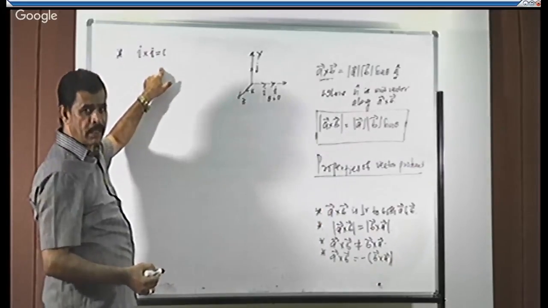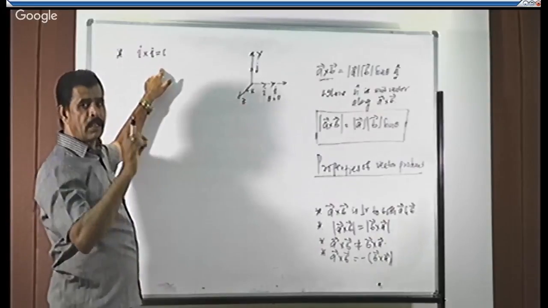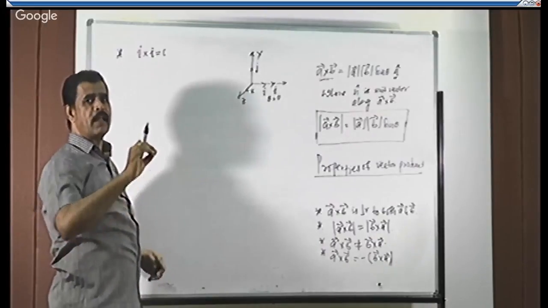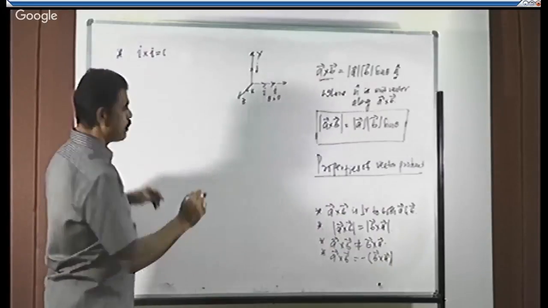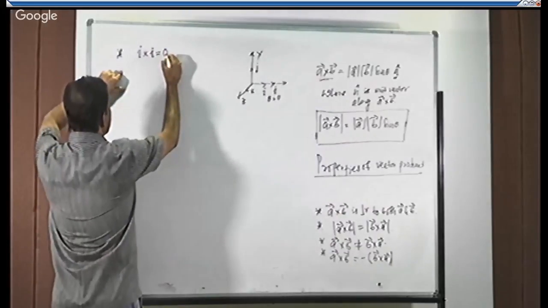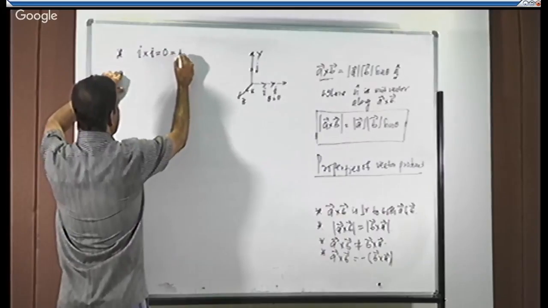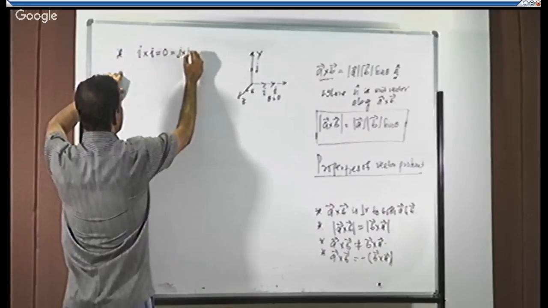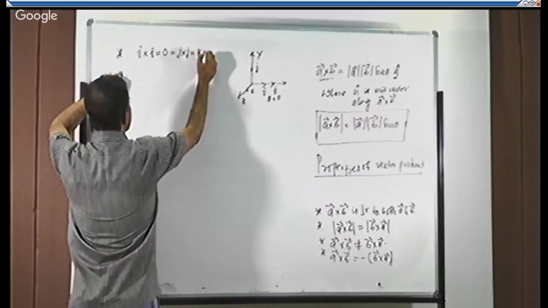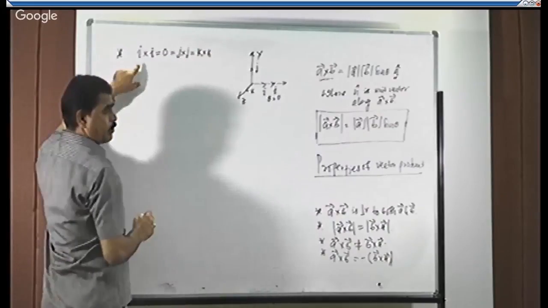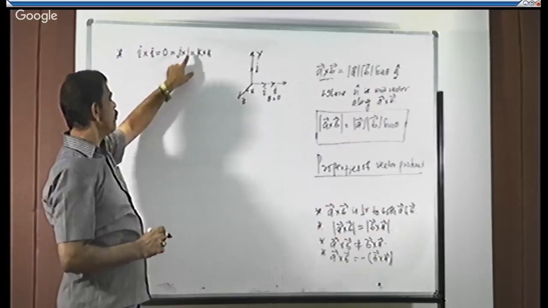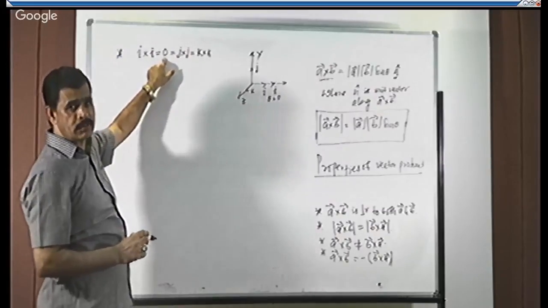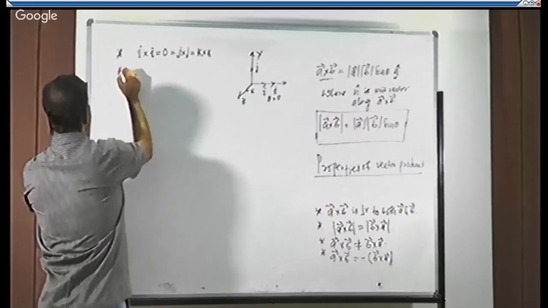It means that any vectors, if they are acting in the same direction, their cross product will become 0. Here, I cross I is equal to 0. Similarly, J cross J is equal to 0 and K cross K is also 0. I cross I, J cross J, K cross K is always equal to 0. Next point, if I take